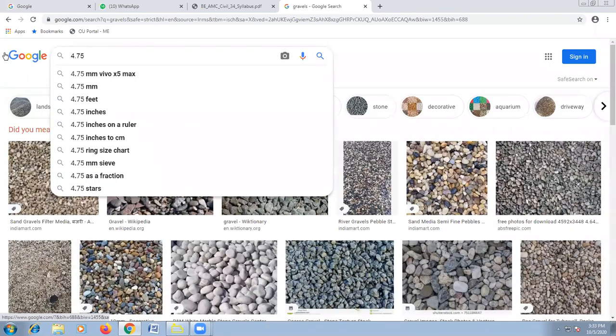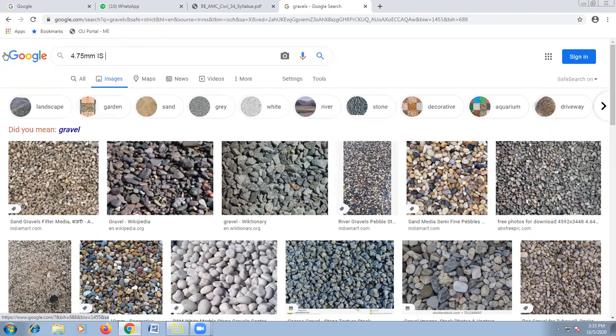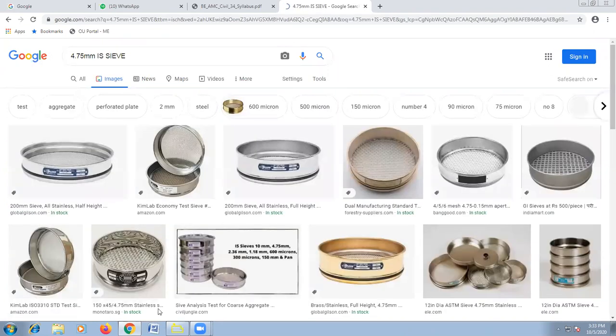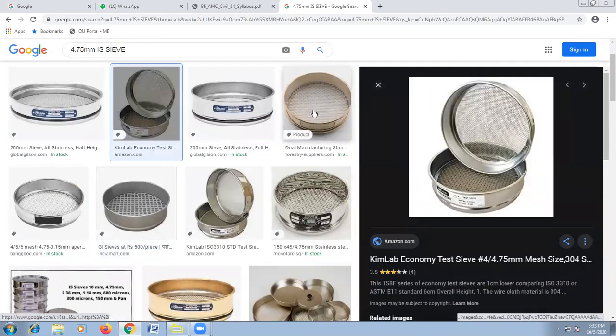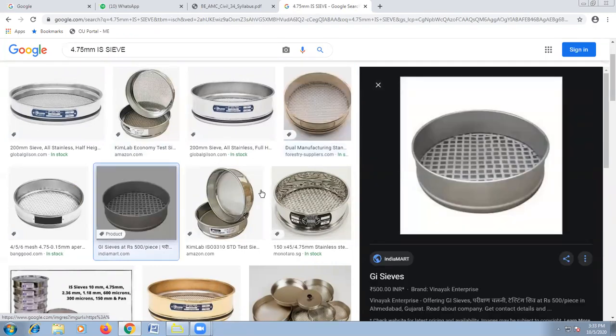Anyways, you would be performing the experiment in your soil mechanics lab at a later stage, that is in third year. So meanwhile you can see the sieve. This is the 4.75 sieve. Each of these void spaces would be of length 4.75 mm. So there would be rock particles which would be retained on this sieve and some others which would pass through this sieve. If more than half of the coarse fraction is larger than this 4.75 sieve, then you would call them gravels.